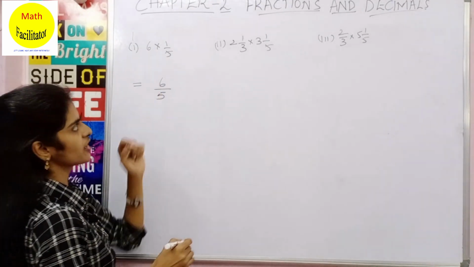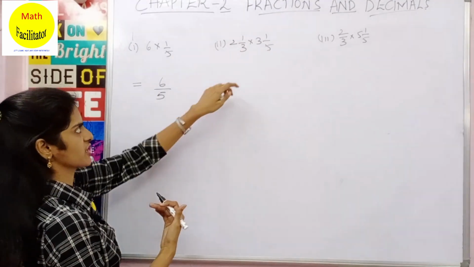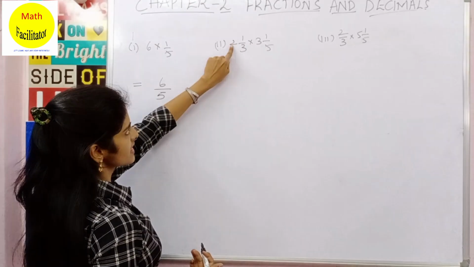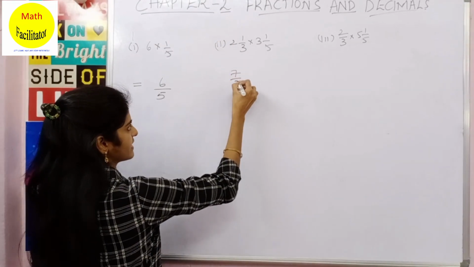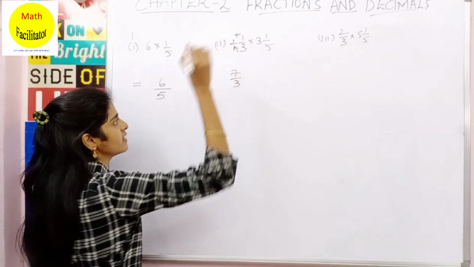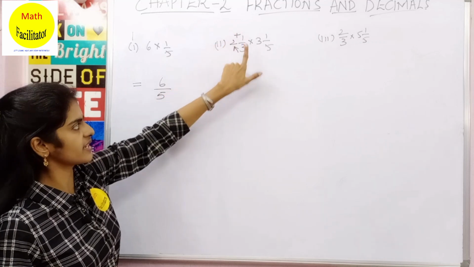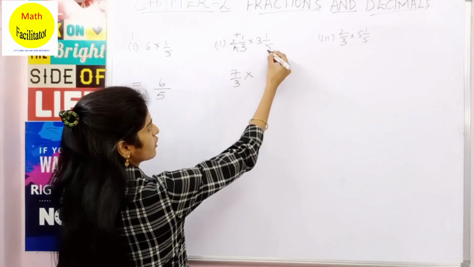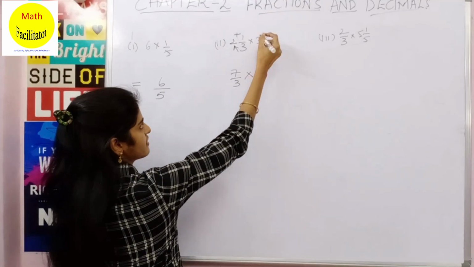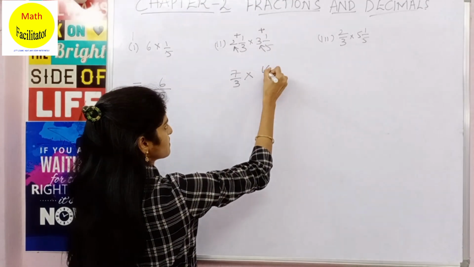Okay, so now moving on to this. This is a mixed fraction. You'll firstly convert it into an improper fraction. So how do you do that? 3 2s are 6 plus 1 is 7, so 7 by 3. You will multiply these two numbers and add the product to the numerator. Here also you will multiply, so 5 3s are 15 and the product you will add to 1. So 15 plus 1 is 16 by 5.